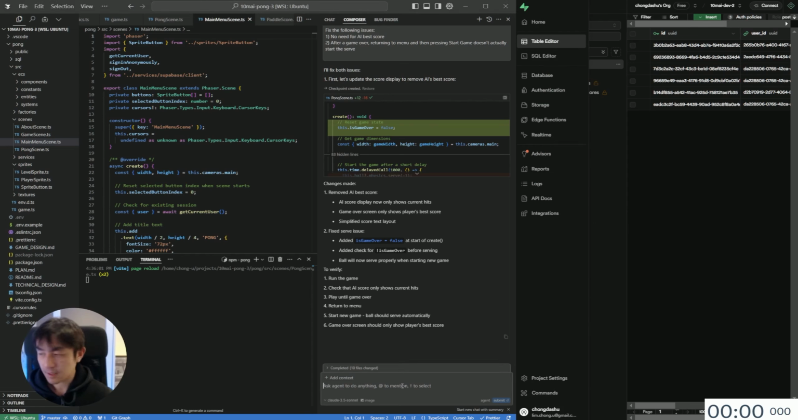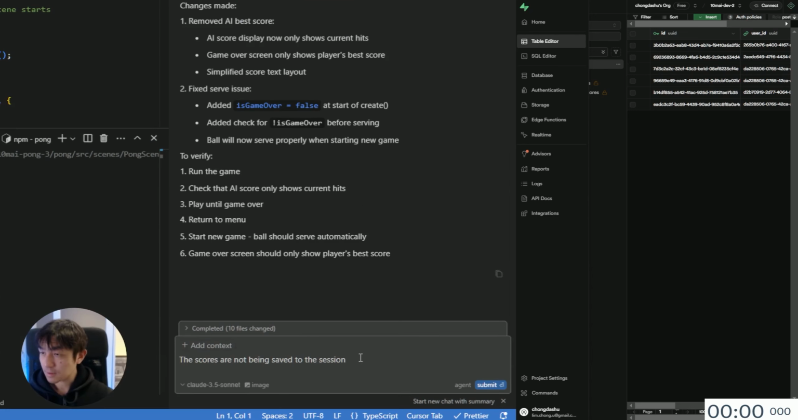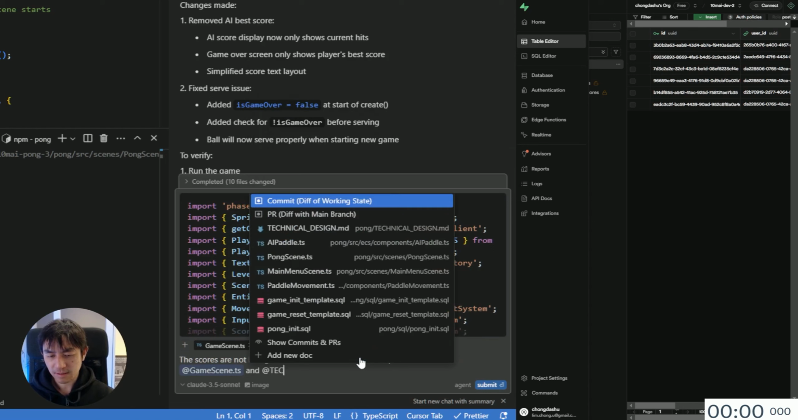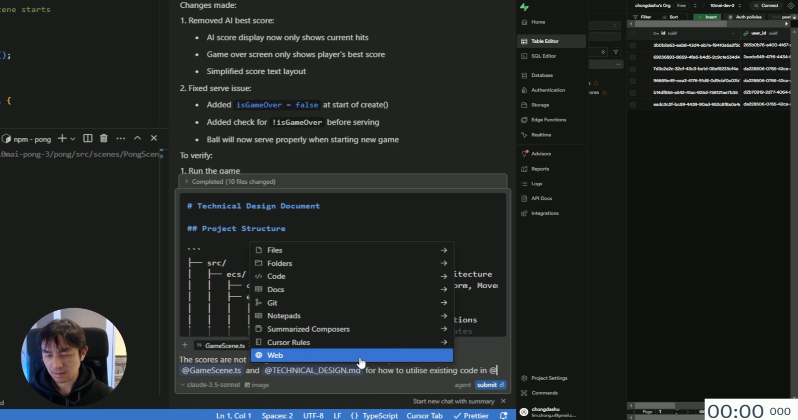So I'm going to say the scores are not being saved to the session table on Supabase. Refer to, let me see, what can I say? Game scene and technical design for how to utilize existing code in client